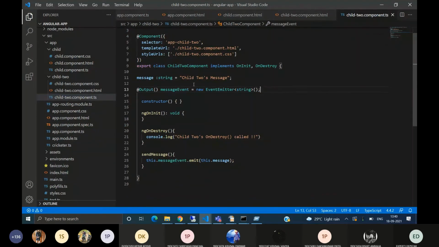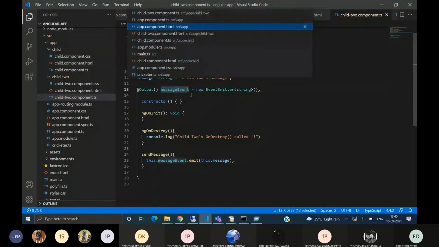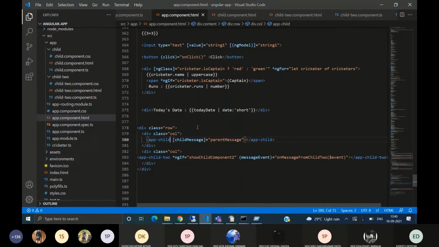We have used the Output event and we have bound that event with the parent, that is here, the message event.